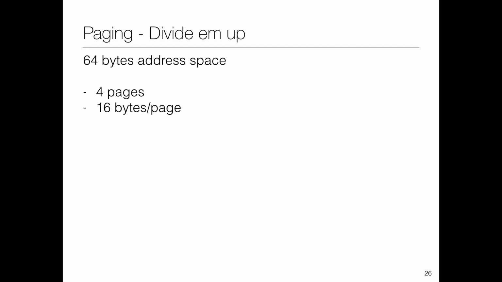Okay, so paging is important, it was always important. The crux of the idea is to divide the memory into smaller blocks, as some of you have suggested. Let's start with an example. You have a 64 byte address space. Let's say we want to break it into 4 chunks. Each of these chunks is called a page. So how big would each chunk be then? 16 bytes per page.